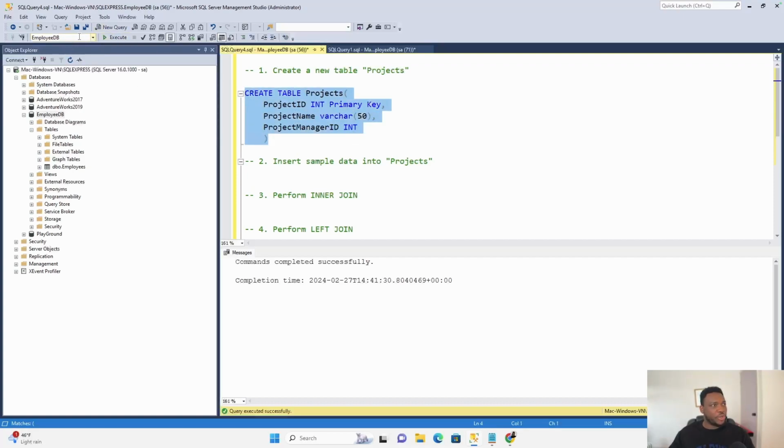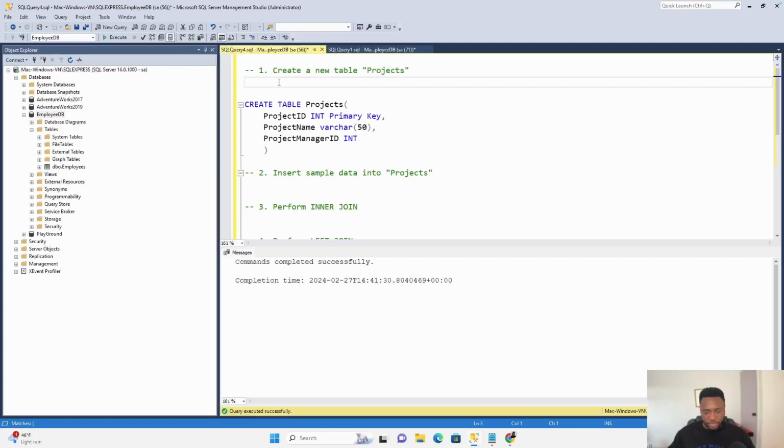Don't forget, ensure that your database is on the database that we created in the last video. If you've not watched the last video, I'll put the link in the description so you can see how to create a database. You can easily come here and choose the database, which is employee DB, or you can come on top of your query and say use employee DB. Any of these would work. So I'm going to run this,